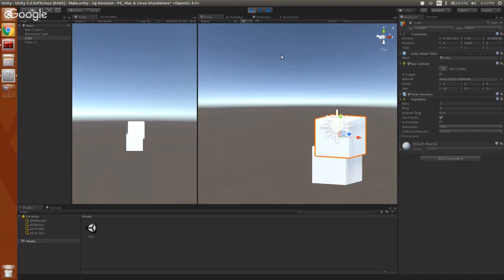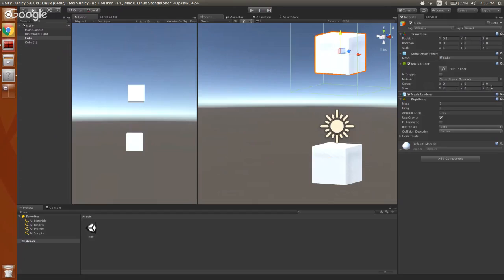One of the things about Unity is that I just edited this while the scene was running. So if right now I pick this up, I drop it, the same physics apply. As soon as I hit this play button, so as soon as I exit the actual game, it's going to reset any changes I made during the scene. So these size properties, 0.5, 0.5, 0.5, if I hit stop playing, those get reset to 2, 2, 2, which is what it was when I was in the editor.